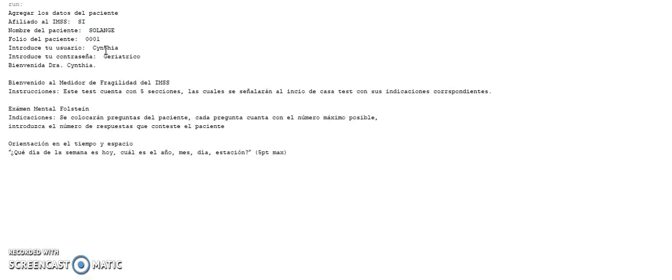In this case, we're going to put the username that is correct according to the program. And then the password, in this case, is the correct password. And here we can see that the program prints welcome Dr. Cynthia. But in the case that I start the program all over again and you don't have the valid information,